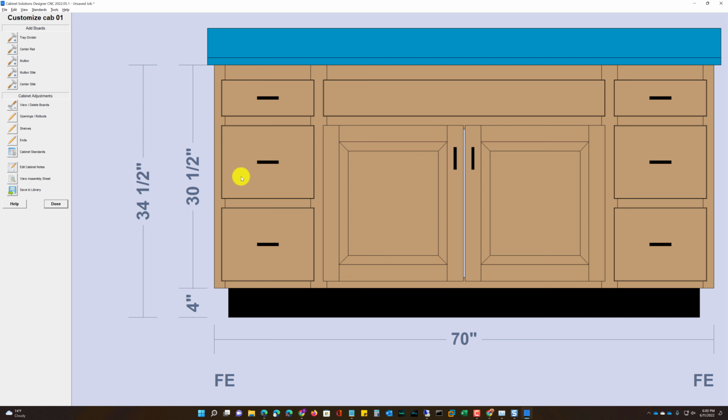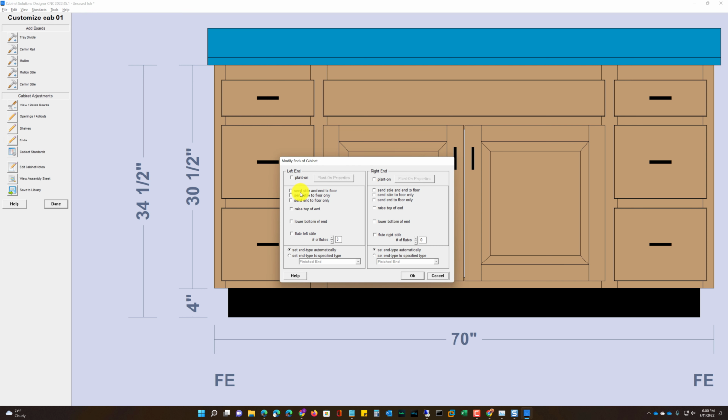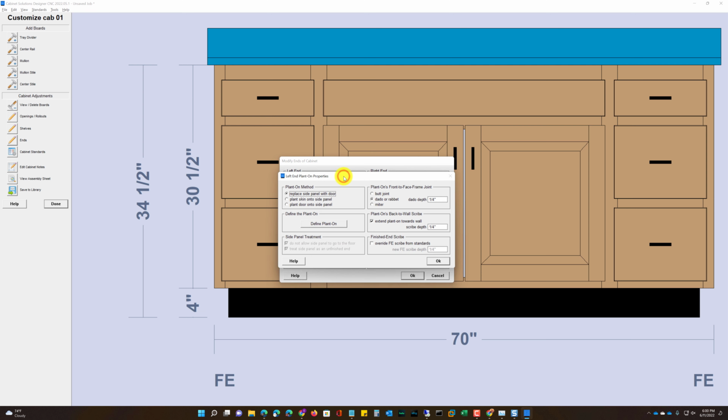Now for my island, I want raised panel ends on the side, on both sides. So to do that, I'll click on ends, and I'll check plant on for both sides, and then we'll look at the plant on properties. For the method, I have replace side panel with door, but you can also place a skin on the side panel or plant a door onto the side panel. And then if I go to define plant on,